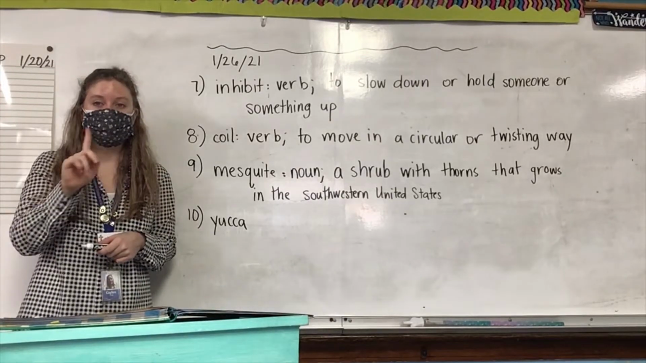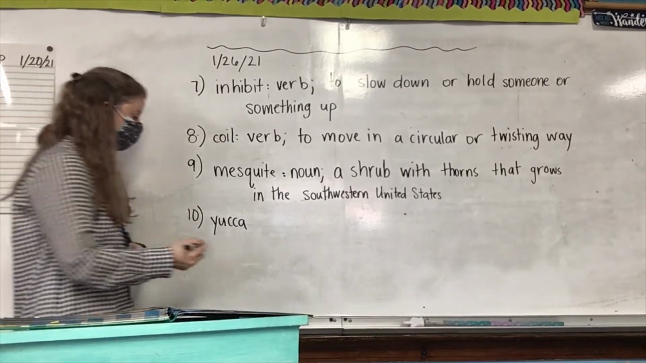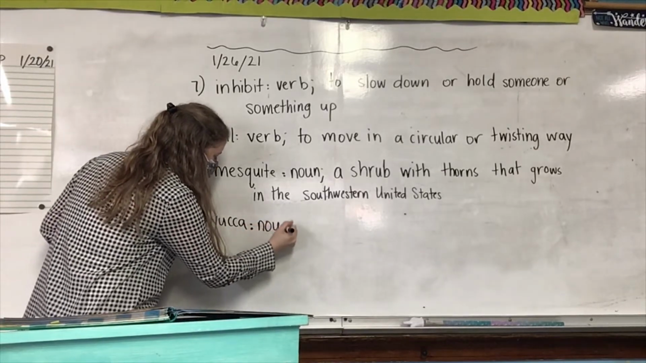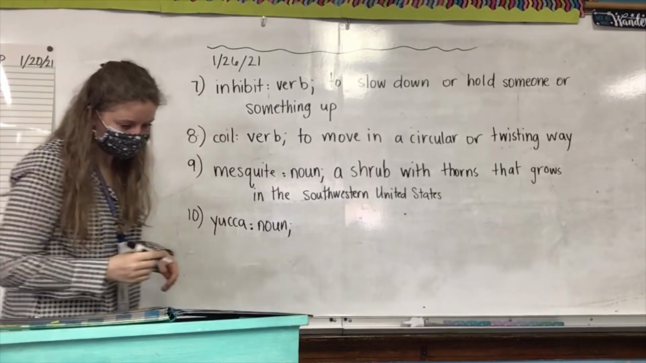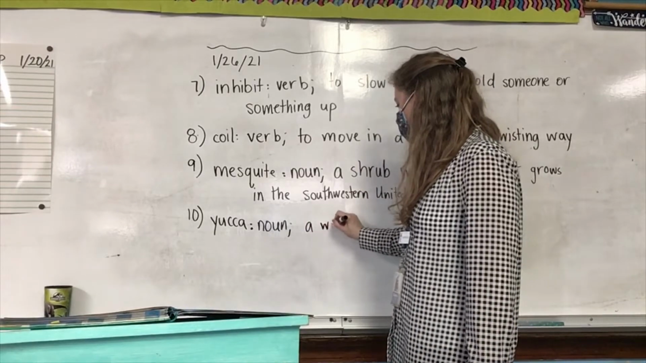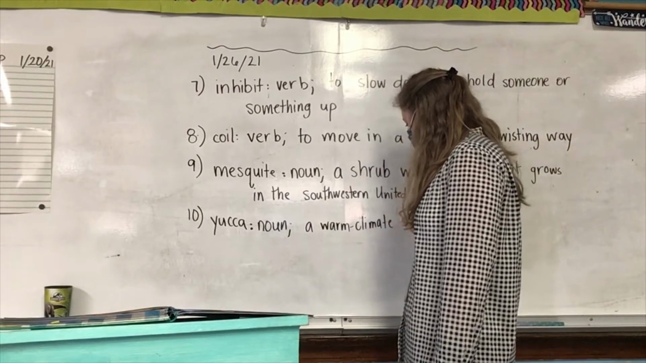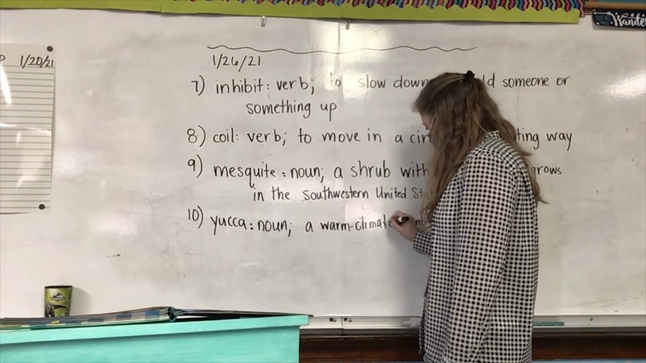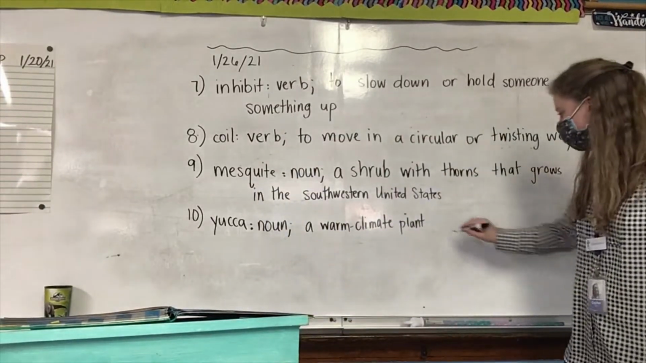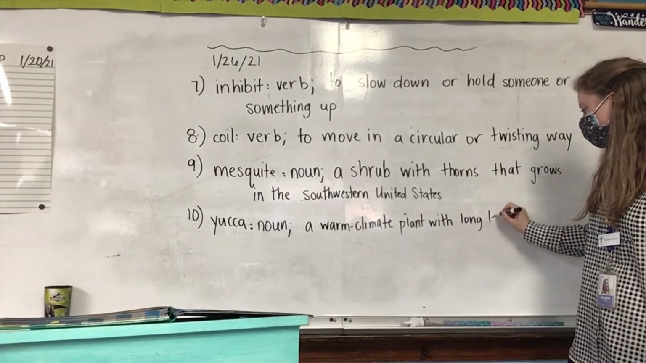Y-U-C-C is the first syllable. A is the second syllable. Yucca. Yucca is another noun. And it is a warm climate plant. A warm climate plant with long leaves,